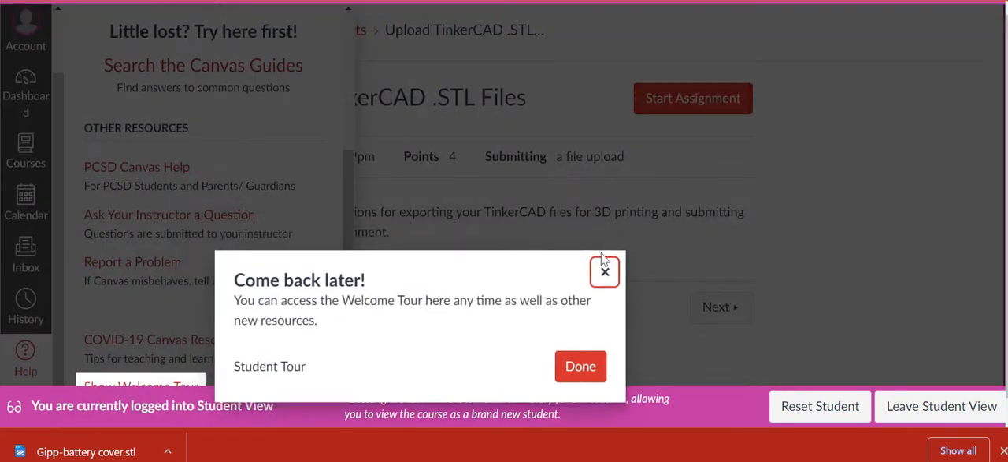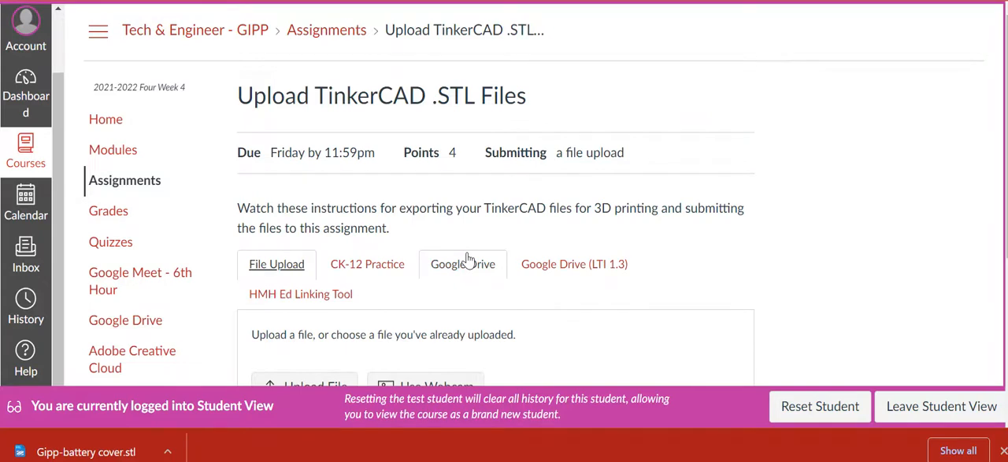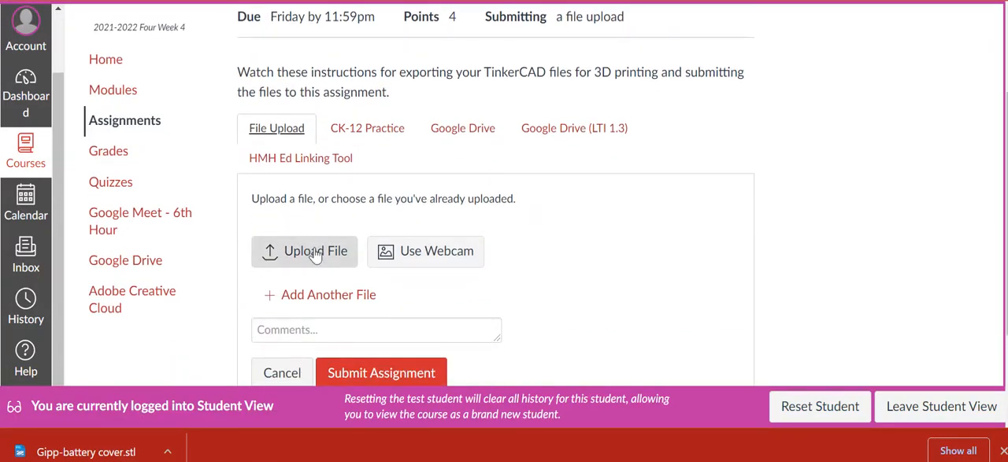All right, so in the assignment it says watch these instructions for exporting, but of course I'm creating these instructions right now, so I'll link the video by the time you get here. And I need to hit start assignment and file upload, upload a file,